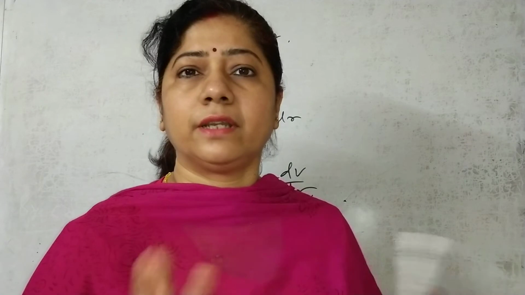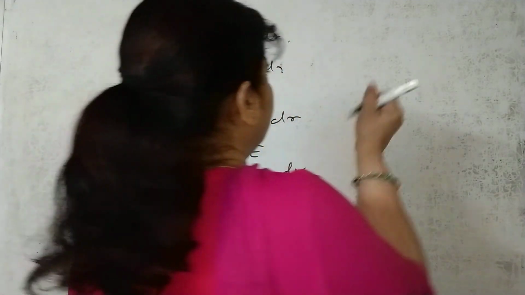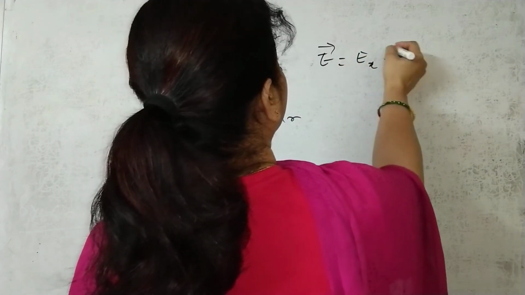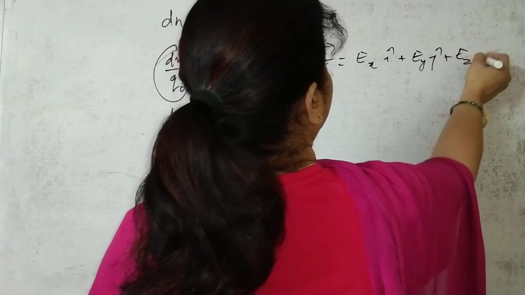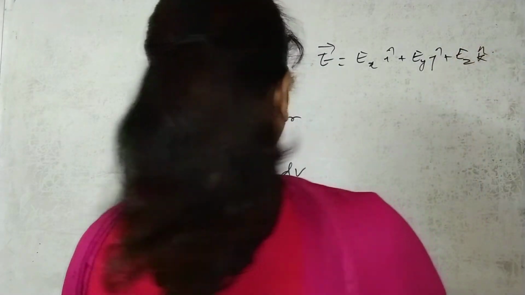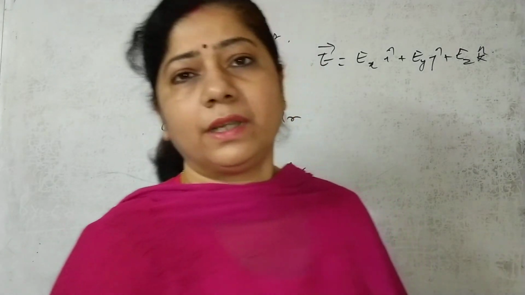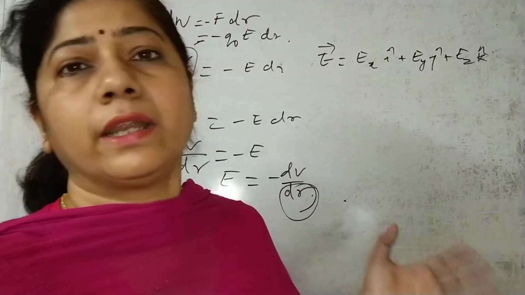So the electric field is related to the potential with this formula. That simply means that you can represent the electric field in its vector form. You can write the E vector as equals Ex i caret plus Ey j caret plus Ez k caret, and then the distance can also be written in the vector form, because again it is a vector quantity, but then again you can get the potential from it.